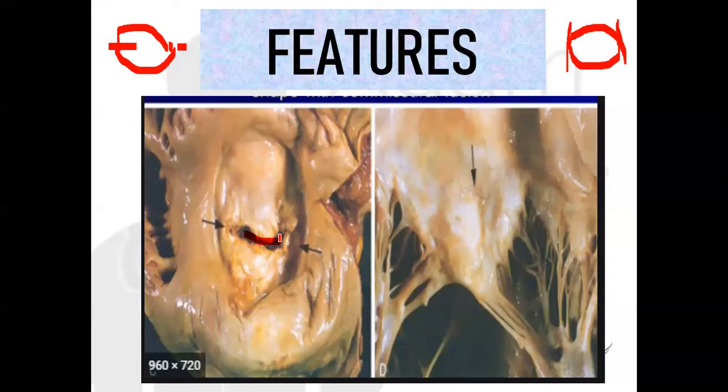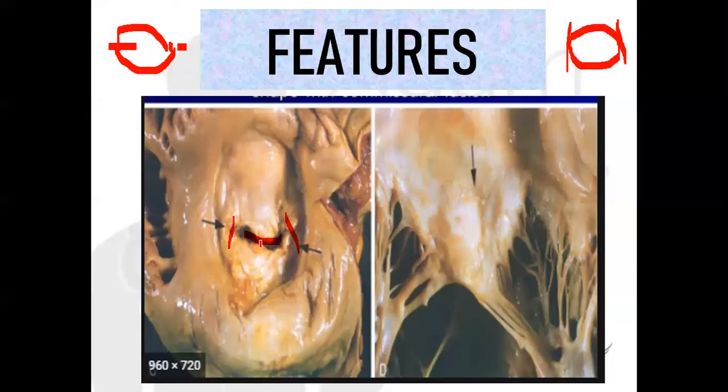Again, I'll repeat, commissure is nothing but two ends of a structure. For that, I gave you an example. Take a thread and tie two knots on either side. If you wind the same thread again and again, the thickness of the knot will increase, but the lumen is going to decrease. The same thing you observe here. These are your commissures. So if the commissural folding is going to shorten and thicken, automatically the size of the mitral valve is going to decrease, and it is going to appear like a fish mouth or a button-like appearance.